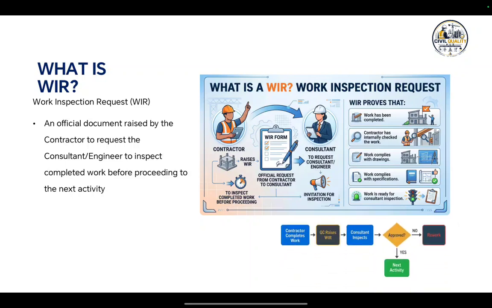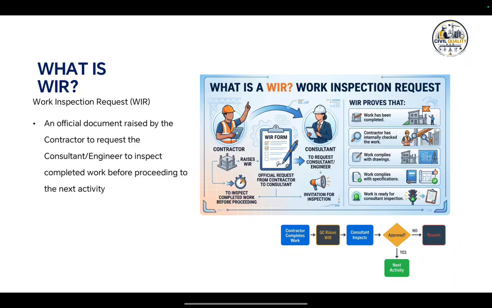Now, if you see here on the screen, there is a workflow for WIRs. The contractor completes the work and informs the QC. Then QC inspects internally, and if it satisfies the specification and drawings, he raises the WIR for consultant inspection. After that, the consultant usually gives